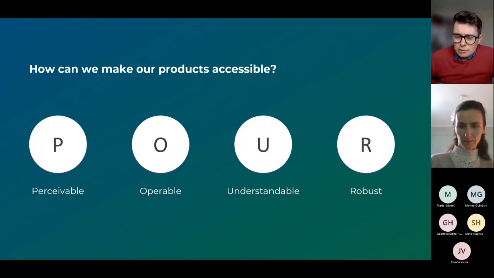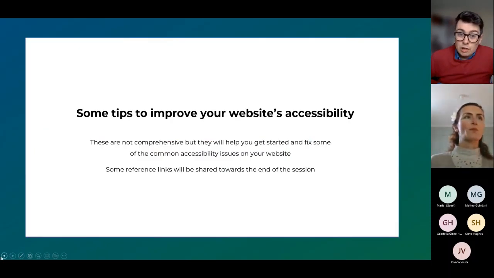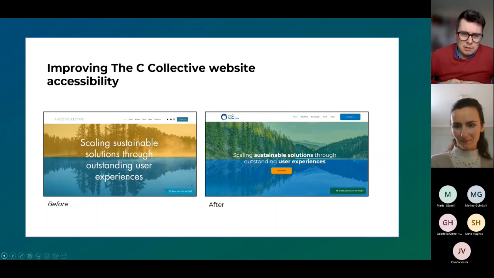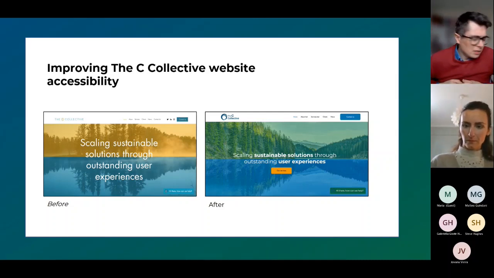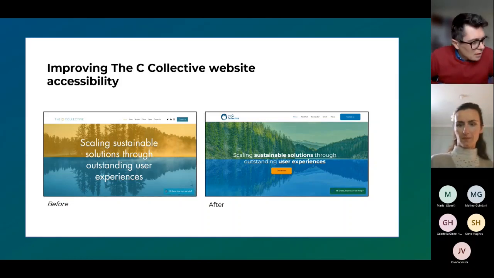And we took a very similar approach to our website on the next slide to try and uplift the accessibility and consequentially the usability as well. So on the left hand side, we've got a screenshot of what the website used to look like. We did some accessibility testing on that and we found a number of areas that we could improve. We've now got the right hand side, which is live today. And this case study is what we can talk you through and share some of the tips that we've used to do that, and some of the things that you potentially can take away and use on a day-to-day basis when you're designing your products.